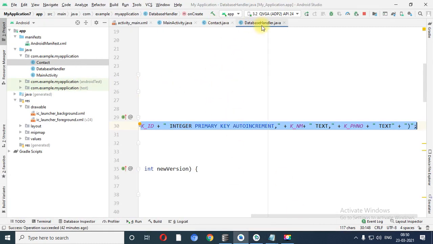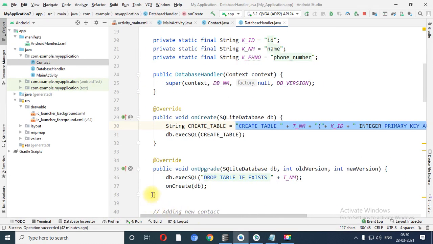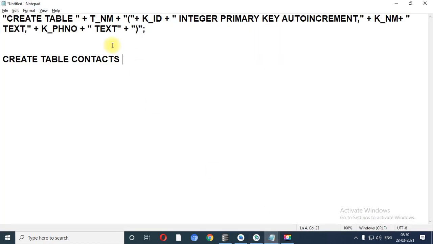I think it is ID only. See over here, it is replaced by ID, integer, primary key, auto increment. At the time of execution, I told you that our ID column is auto increment, right?